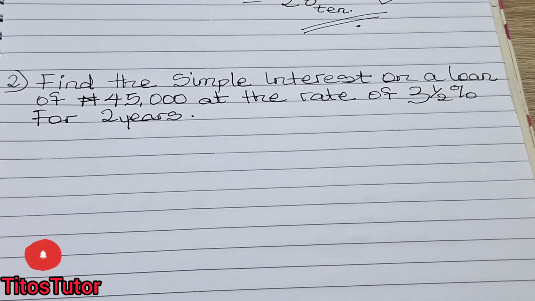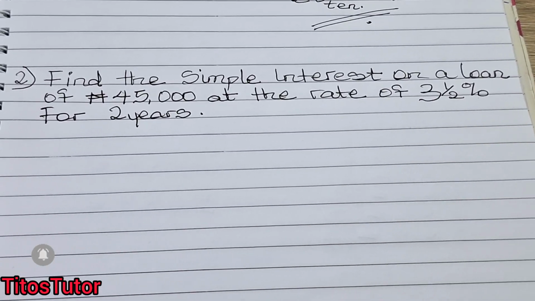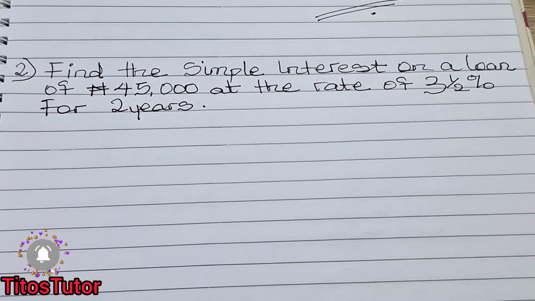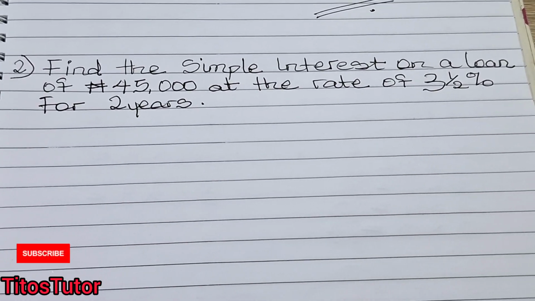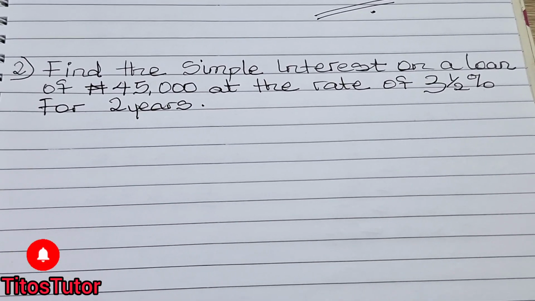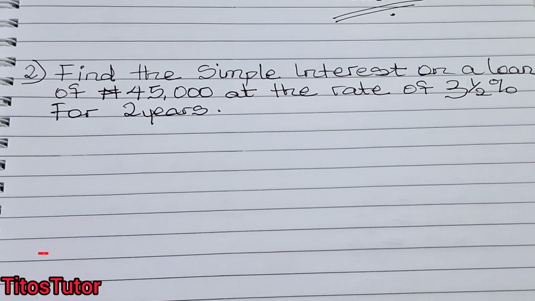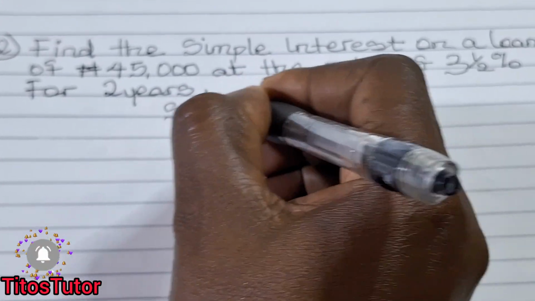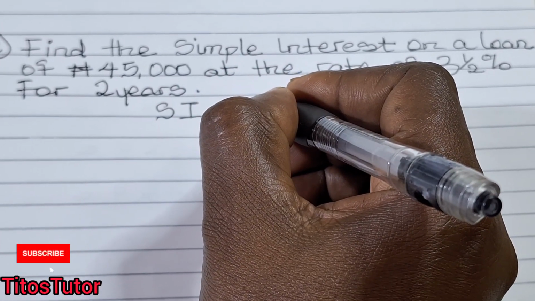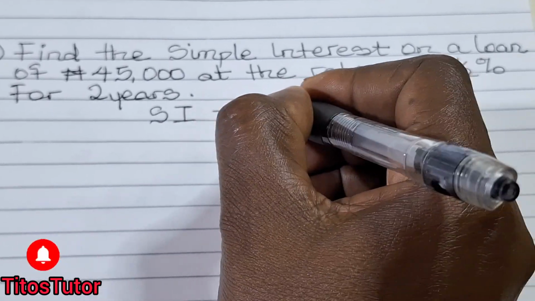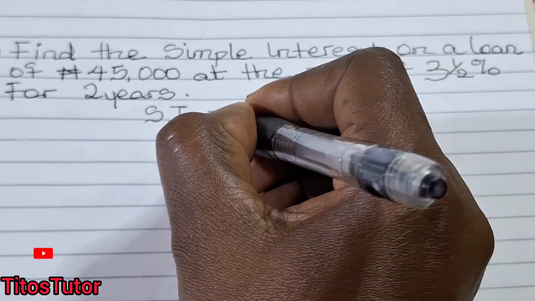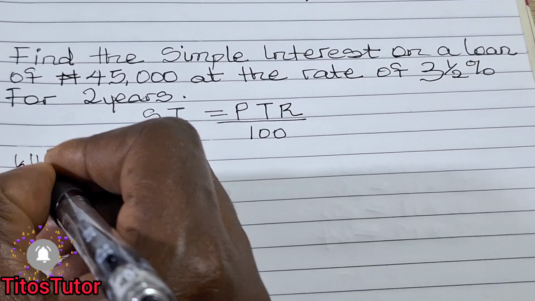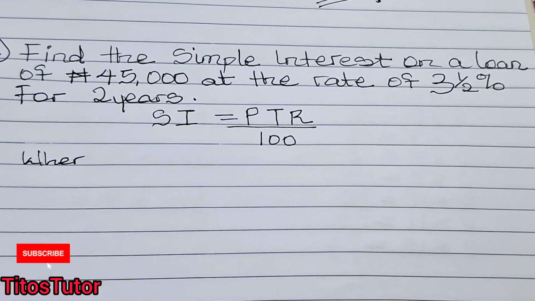All right, here is our second question, and it says find the simple interest on a loan of 45,000 naira at the rate of 3.5% for 2 years. First, you must remember your simple interest formula. And simple interest says it's equal to P T R all over 100, where, remember, where